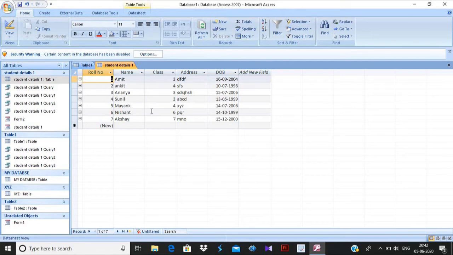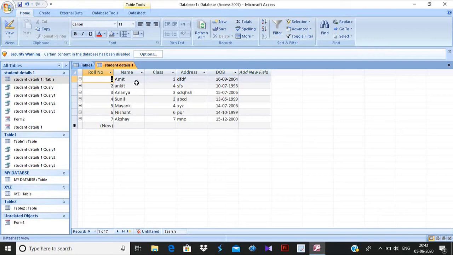In the same way, if you want to remove unwanted data and see only the data you want, suppose I want to see only the data of students whose name starts with A, I can filter the data with the help of filter. I can remove the others and see only the data of those students.